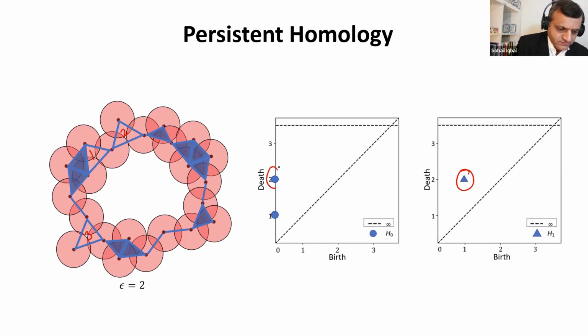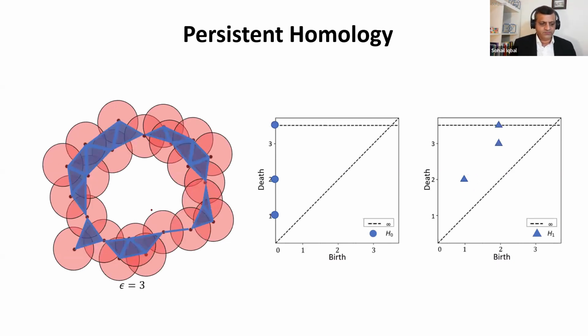So, this fact is reported with the help of this point on the H1 diagram. Okay, moving on, there's one missing piece of information as well. So it's 1, 2, 3, and this 4, which is the shape of this data. These 4 appeared, but as we move on to epsilon equal to 3, all of them die,